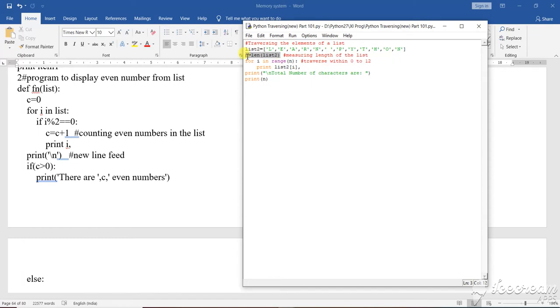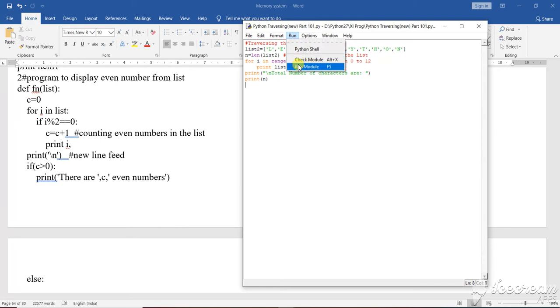Now here, where I have highlighted that particular portion, it will take the measurement of the particular list. What is the length? As I know it, I can calculate it. The measurement is 12, so I am writing here 12. It will search and find the elements and the total number of characters. Then, as it finds one value, it will put it, and the value of n will be put in this particular area.